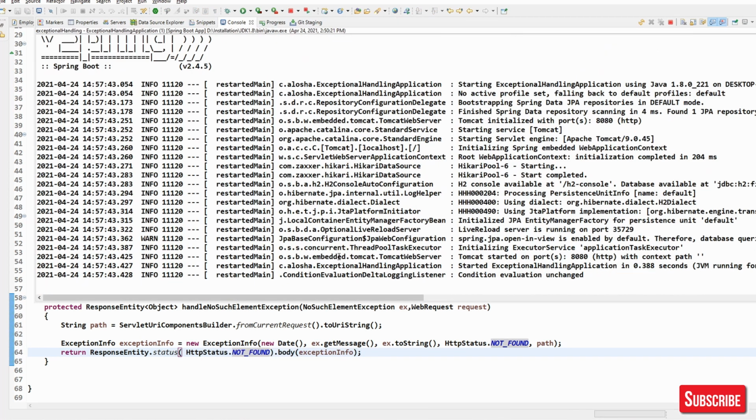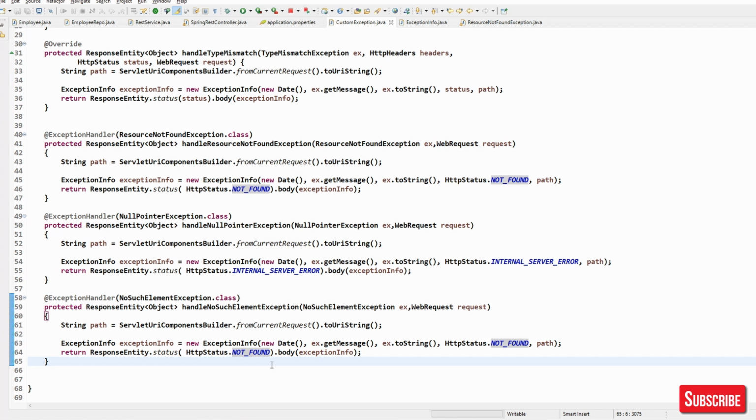So these are the well-known exceptions for which we have defined our own handling.